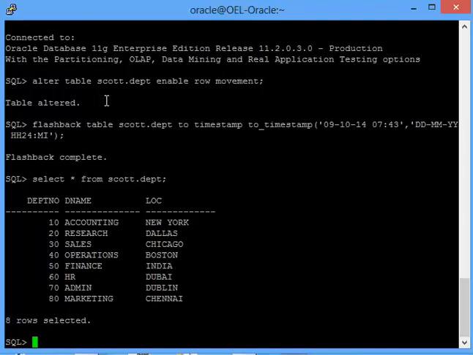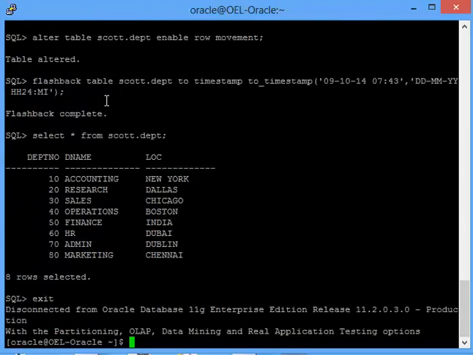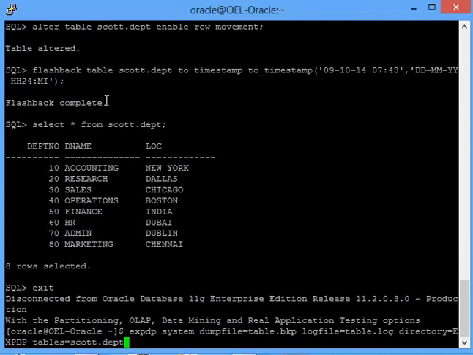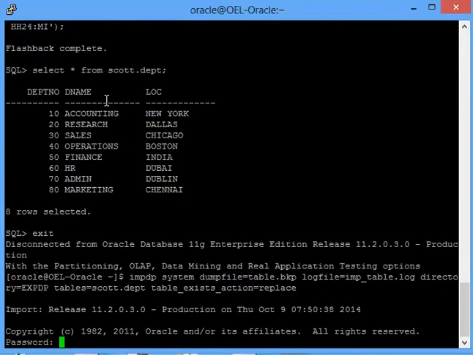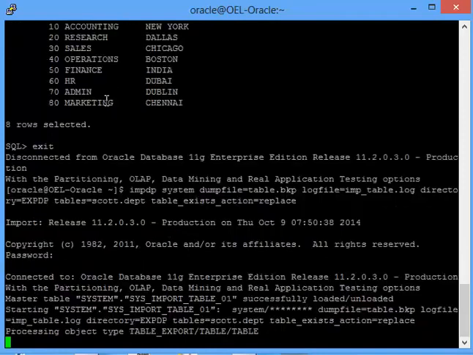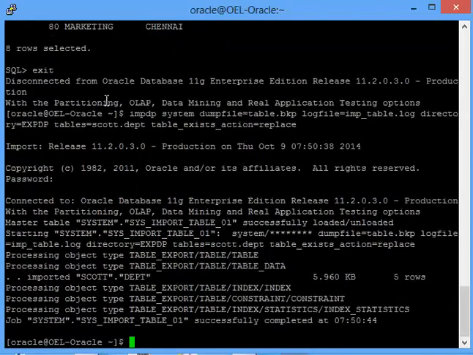Okay, bring back my old data from before I requested you. So at that point, you are not in a dilemma because you have already taken the backup of this table. You will simply restore it with IMPDP. That's it. Very simple. That's why, to be on the safer side, we take the backup of any object that we change on the database. Now I run IMPDP, and I'll add table_exists_action because my table already exists on the database. Now it will go and replace it with the 5 rows of data that I took as a backup.